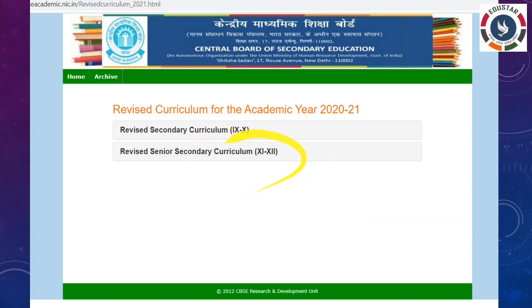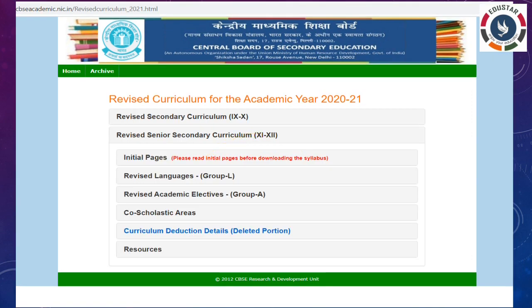Just click on this option, and it moves to the next window. On this page we simply select the revised academic elective group A option.